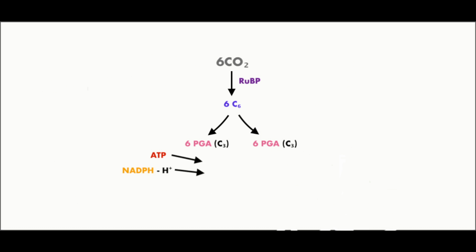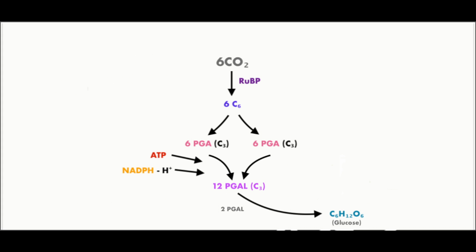6 CO2 particles, which come from the atmosphere, are fixed by RuBP. The CO2 sugars are very unstable and then split into 2 groups of 6 PGAs, which are C3 sugars. The PGAs use ATP as energy to remove hydrogen from NADPH to form a new molecule called PGAL. In 6 Calvin cycles, 2 PGALs are used to produce